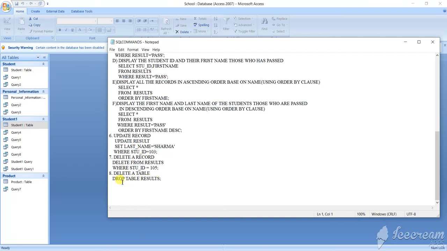And if you want to delete the whole table, what do you have to write? Drop table result. So this is how you are going to write. All the commands are there in your book. You can write them from the book. The table name will vary as per your questions. The column name will vary as per your questions. But all the other syntax will be the same. Syntax and everything is given